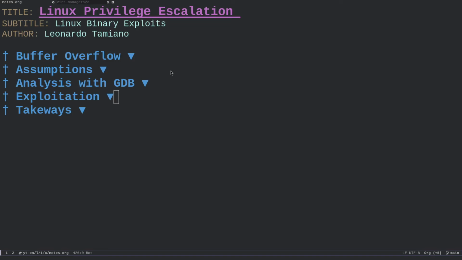Hi and welcome to this new video in which I continue my Linux Privilege Escalation series. In this video we will focus on a specific type of exploits which are known as binary exploits. So we're going to talk about binary exploitation and I will show a really simple example of a buffer overflow